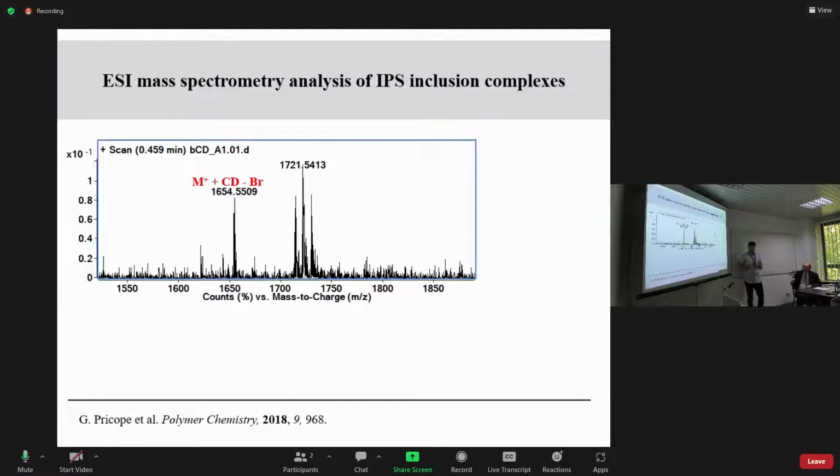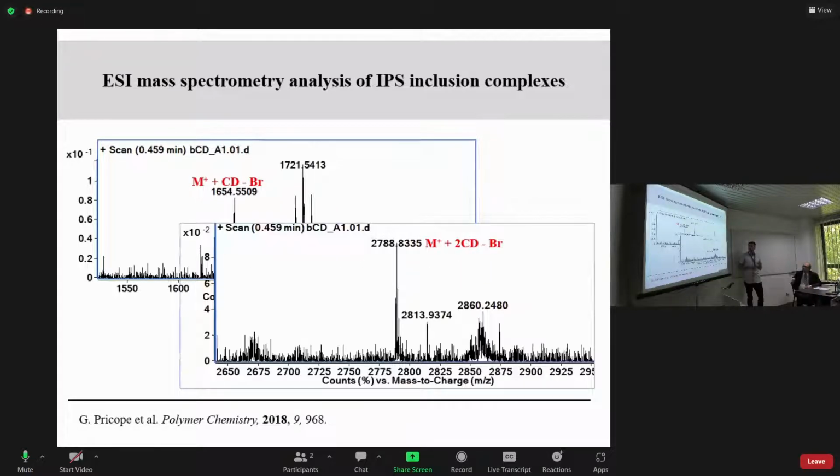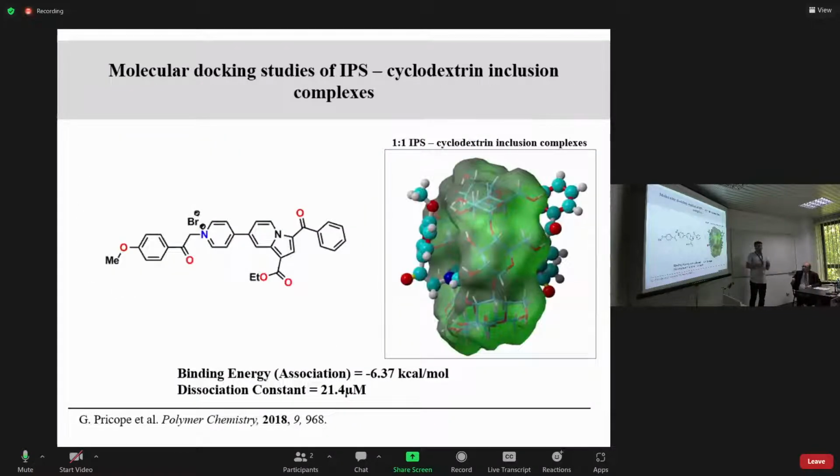But then we investigated the spectra further and observed that this compound can not only form the complex of 1 to 1, but also 1 to 2. Here is the mass of it. It was not really weird because it's very often happening, but still we decided to apply theoretical chemistry to explain this process. We did some simple theoretical calculations,